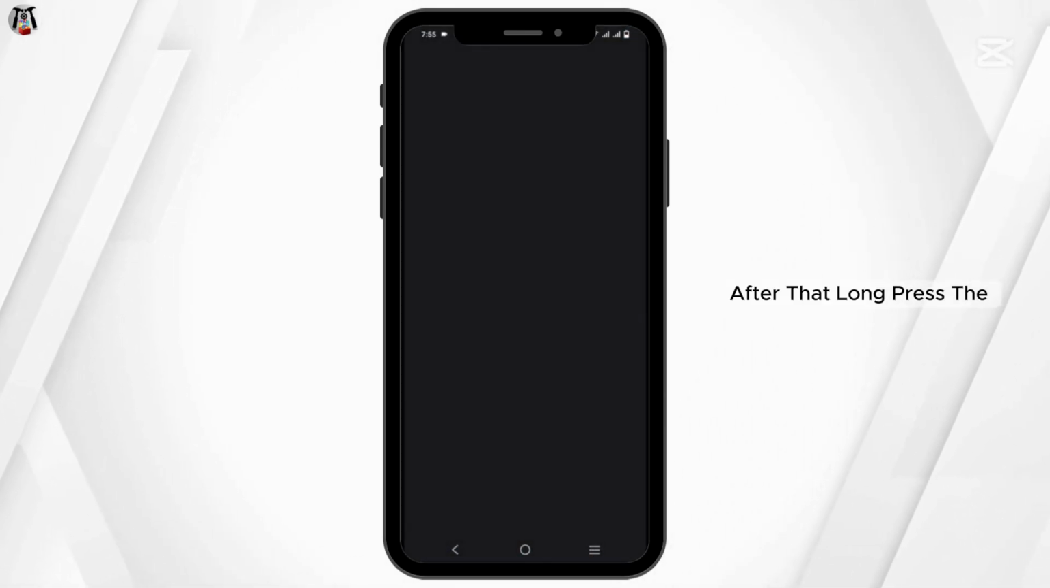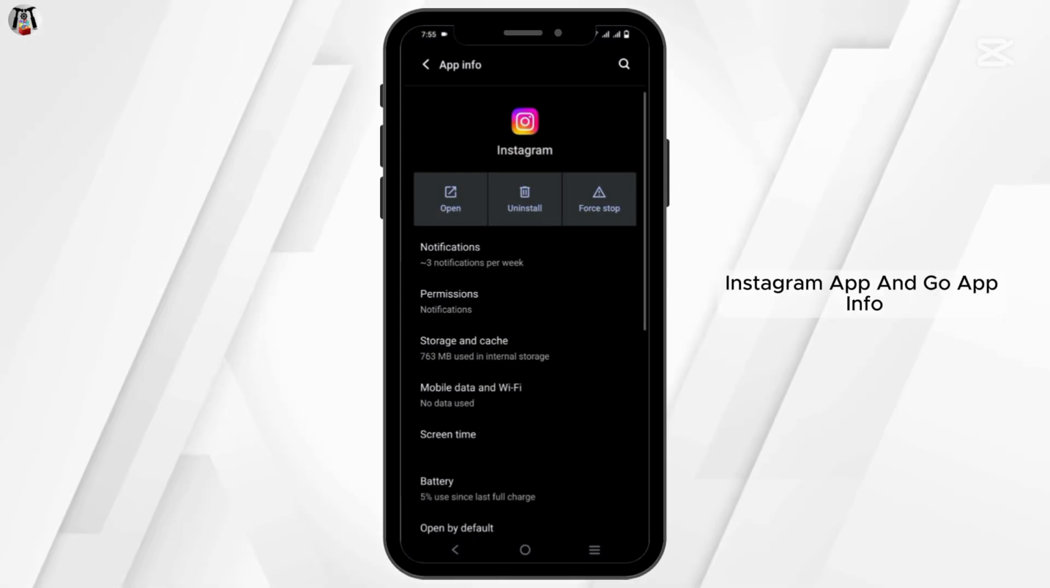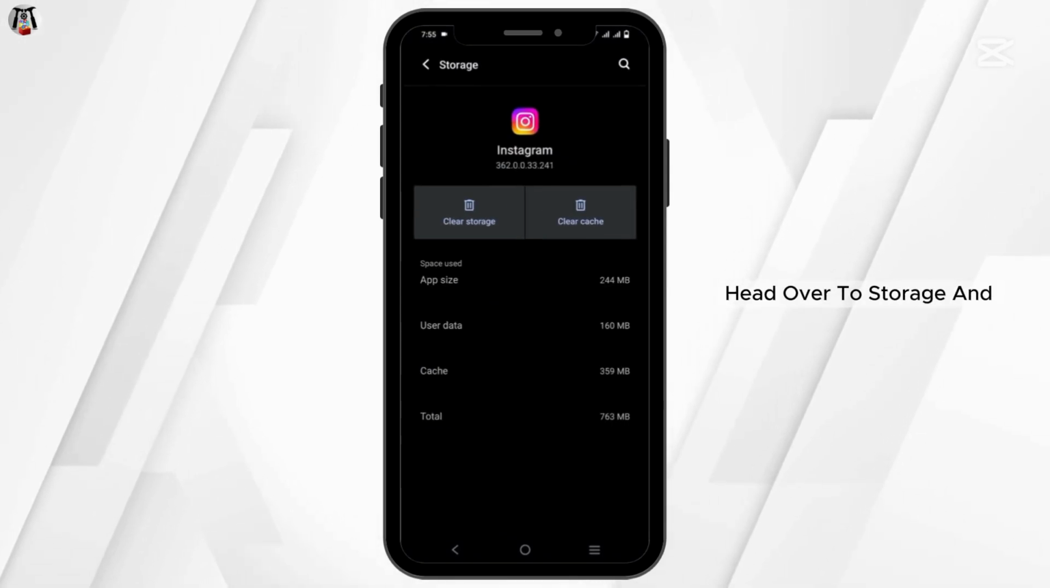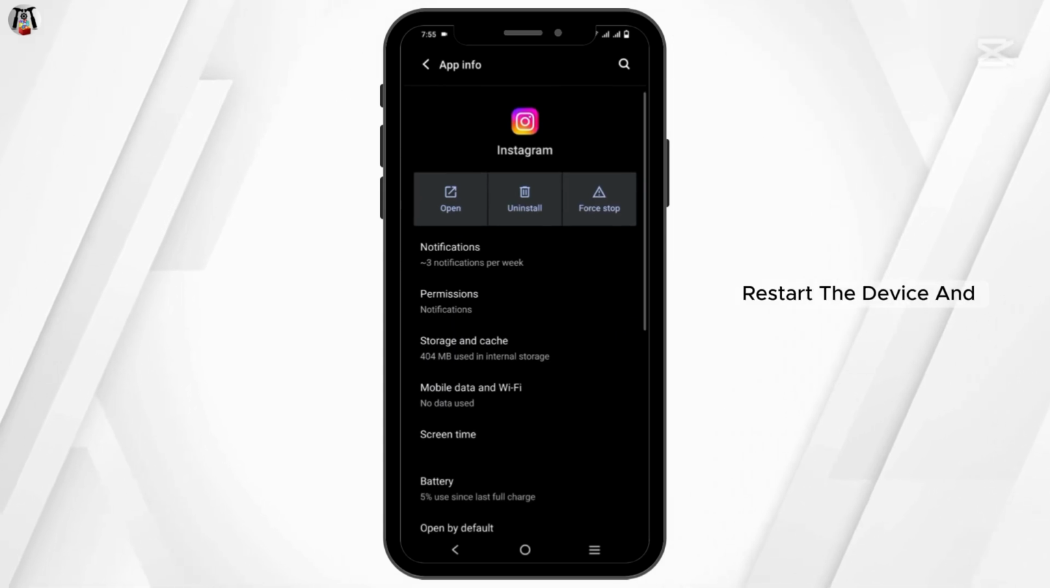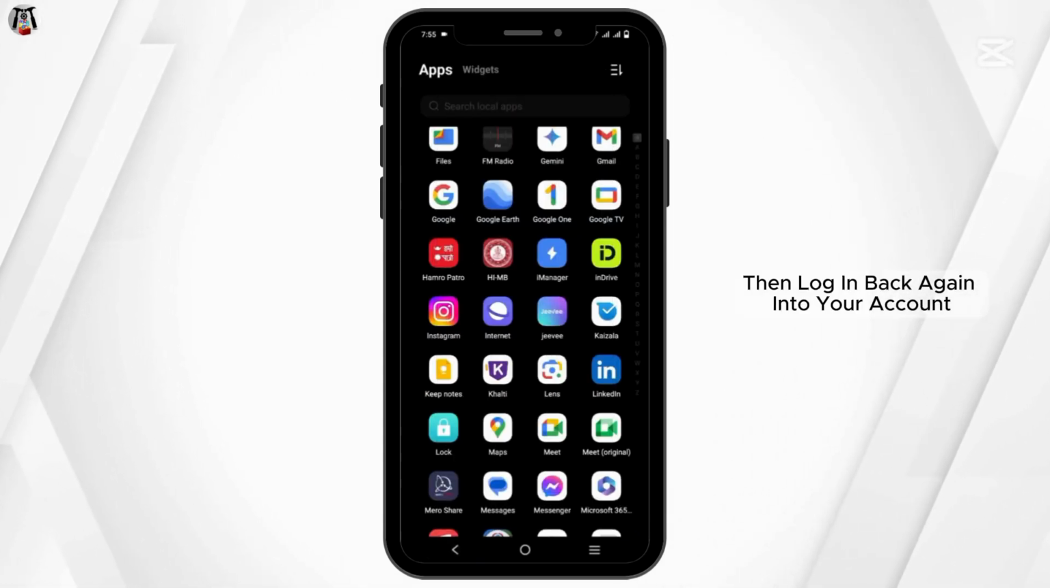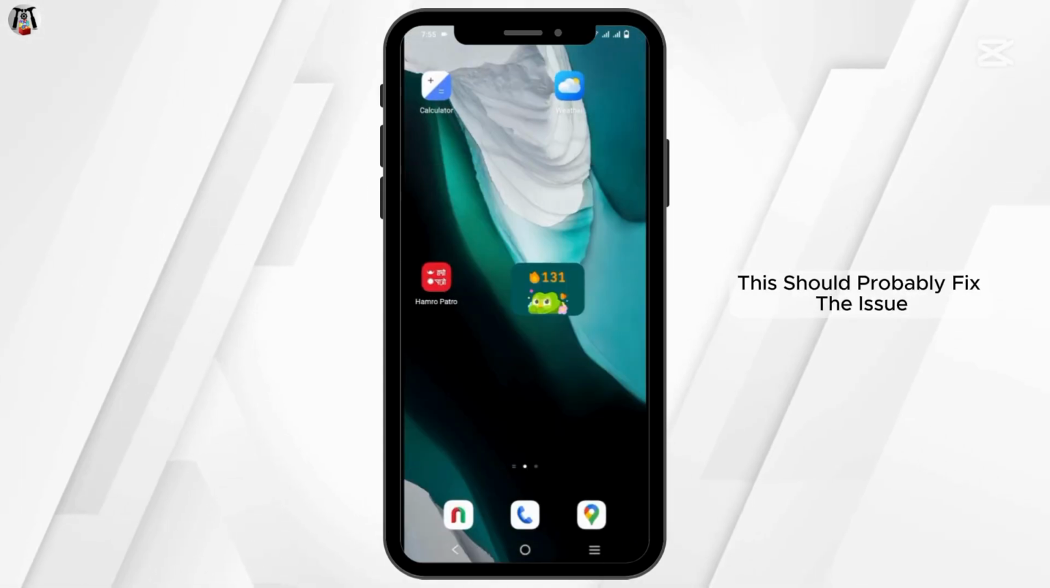After that, long press the Instagram app and go to App Info. Head over to Storage and Cache and clear the cache. After that, restart the device and then log back into your account. This should probably fix the